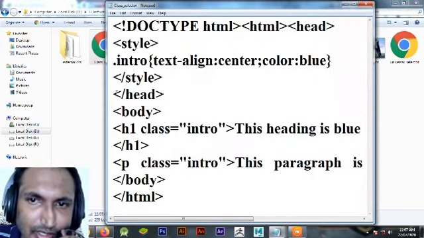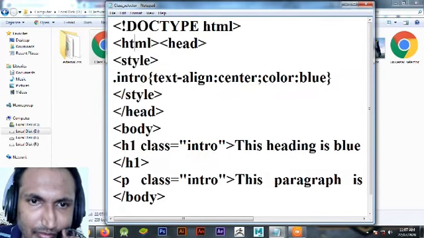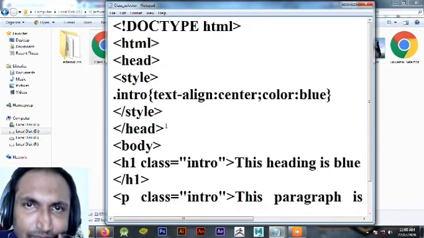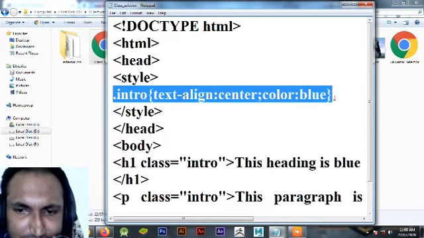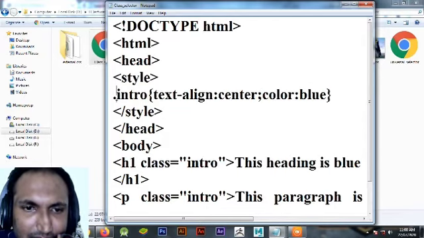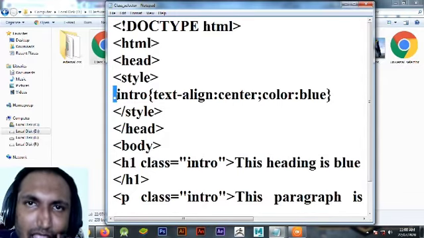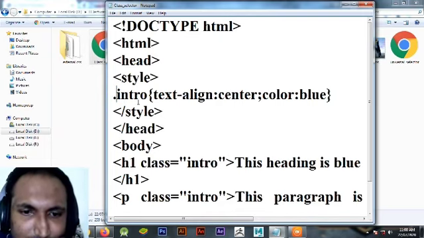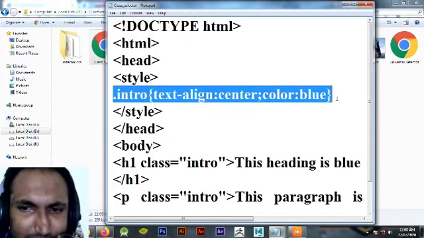First we will see the program. See, I have made one program. All these programs I have made in internal CSS, so you can understand better. In the ID selector the symbol was hash, and in the class selector the symbol is dot. The dot identifies that it is a class, and the hash symbol denotes that it is an ID selector. Simply, this intro is the selector.